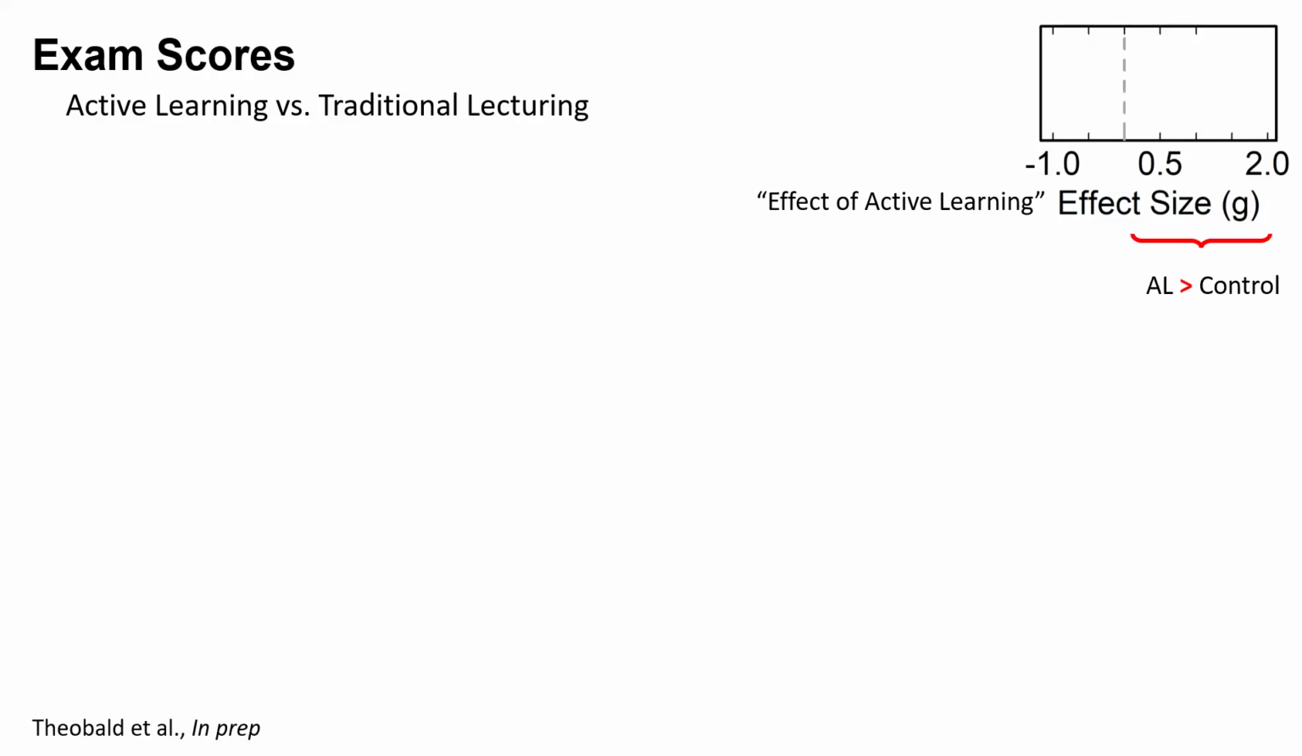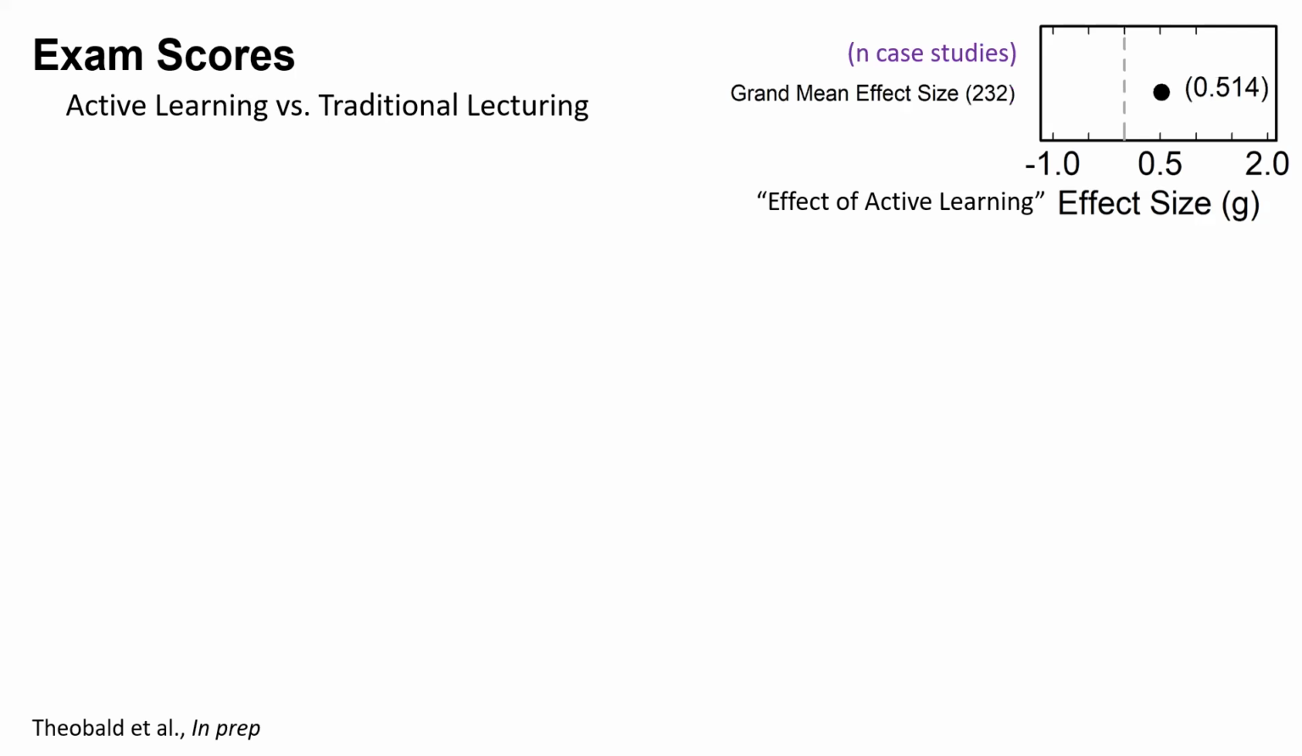If the effect size is positive, the exam score was higher in active learning than passive learning. I will also give you a number next to the title of what the row is, and that number is the number of case studies that informs that single data point. So overall, we have 232 case studies in this study, but not all of them have